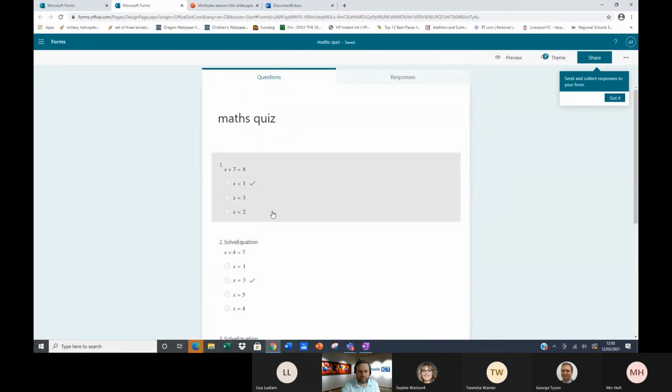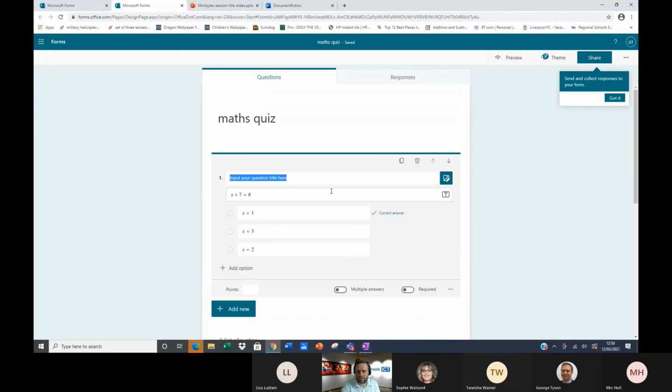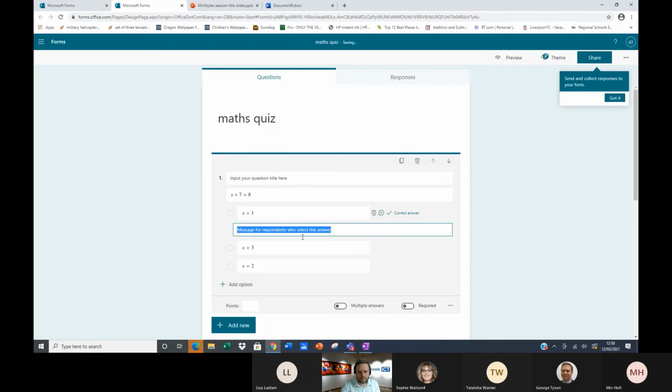And if I wanted to put in feedback for the children, I can go to each individual question, and I can then put on this more settings here. I can shuffle them if I want to, so each child gets a different order of question answers. On these, if I click on the speech bubble next to the correct answer, I can put in a comment